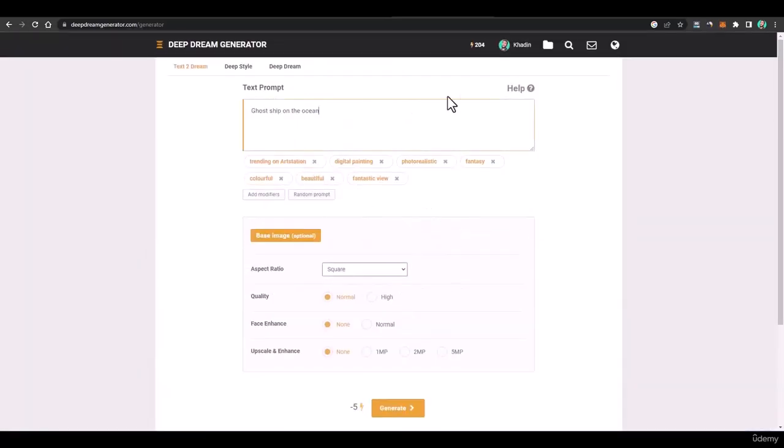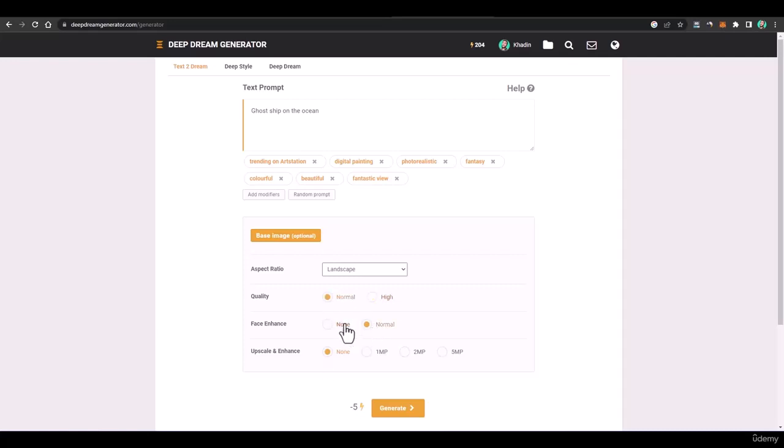We have this prompt and we have the modifiers as well. If you want to add a base image, you can add it, and I'll tell you about this one as well, but right now we'll just do it without the base image. And from here, first of all, what should be its aspect ratio? It can be portrait, landscape, or square. I'll say it should be square. And then what should be the quality? If the quality is high, it would charge us an extra 10 energies. So you can go with normal.